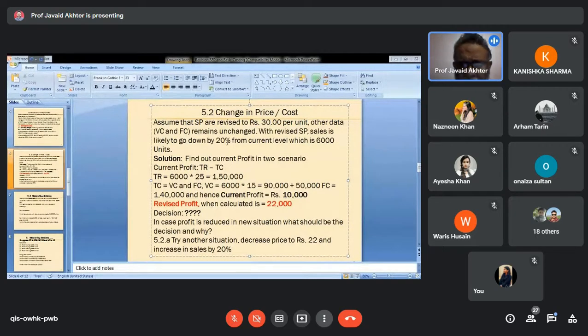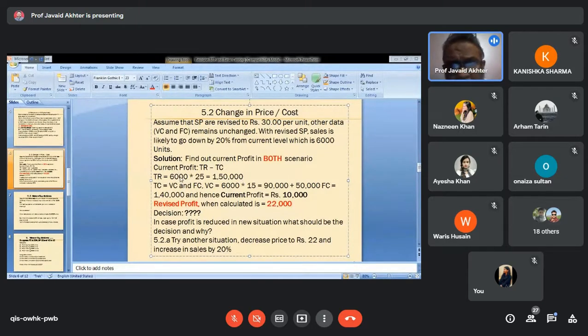You may think over and discuss later. Now, what will be the situation in the given illustration? What we need to do is find out the current profit and the profitability in both the scenarios, the old one as well as the new one. What was the profit at the current level? At the current level, you were selling